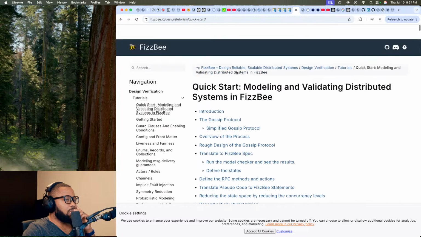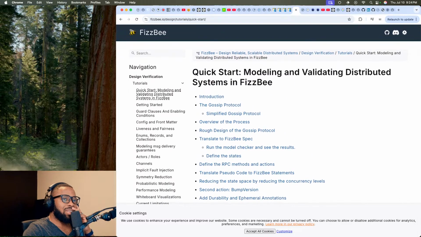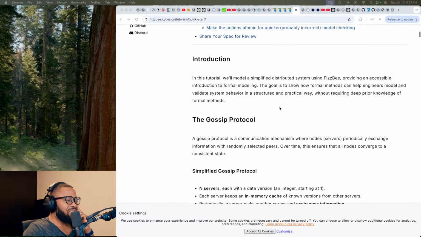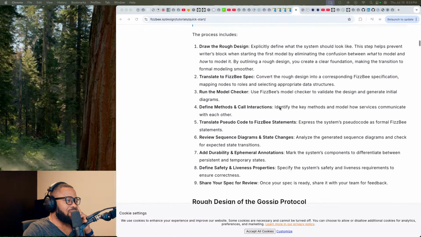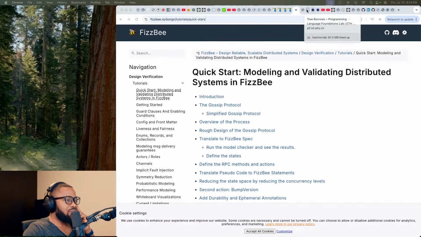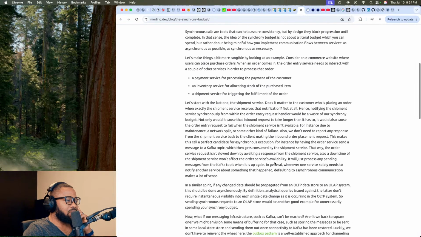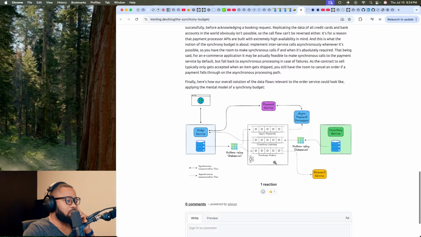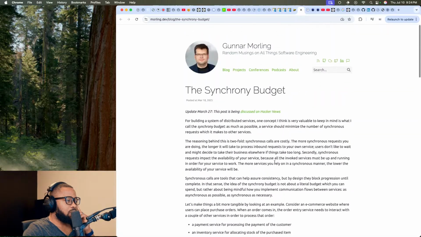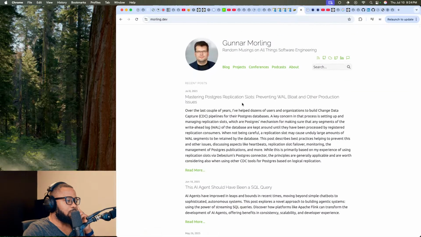It's either that or I have to clean up a bunch of tabs that I have open, which have so many, by the way. Let's see what I even have. The synchrony budget. Maybe another time.